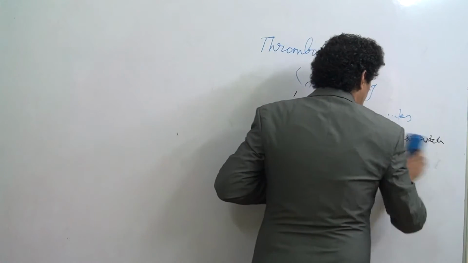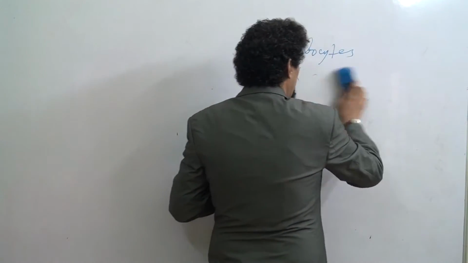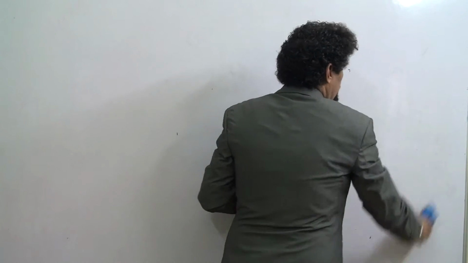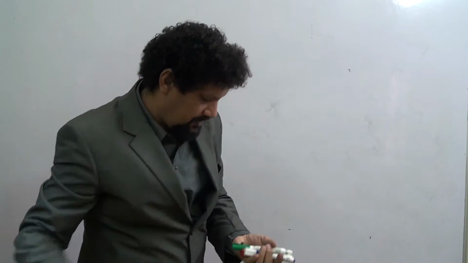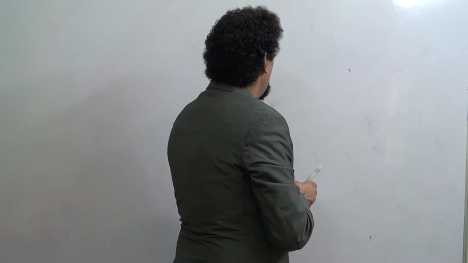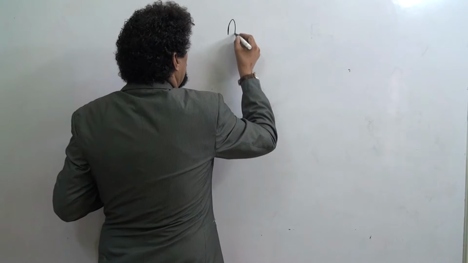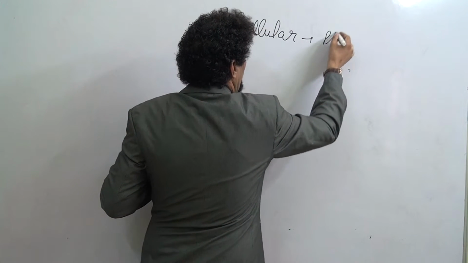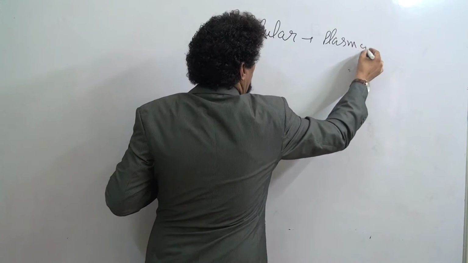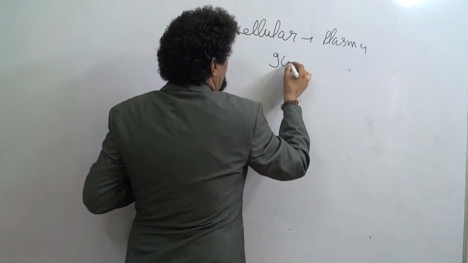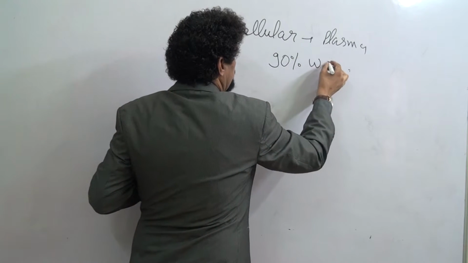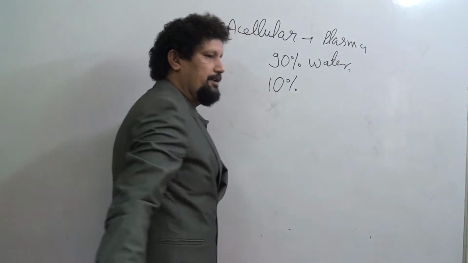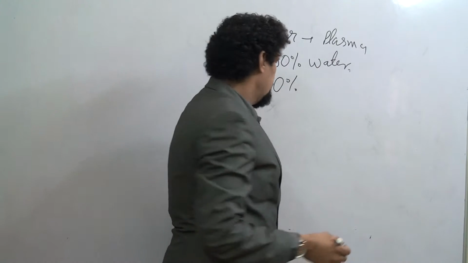The second component of the blood is the non-cellular or acellular component. The acellular component of the blood is known as plasma, which has 90% water and 10% formed by inorganic ions,